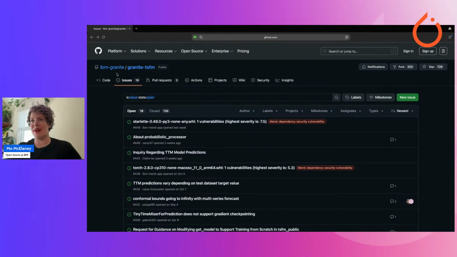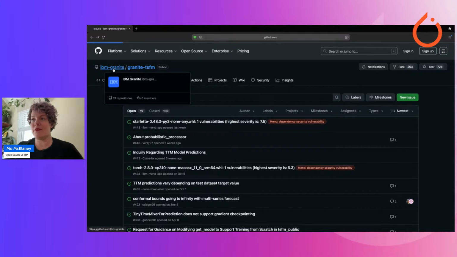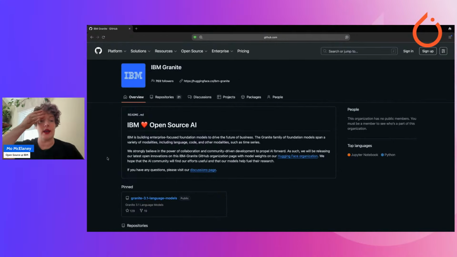But yeah, what set Granite apart for us was that it was the first set of large language models released under an Apache 2 license. We made it fully open source, and that was a big undertaking. It was unusual across the industry.